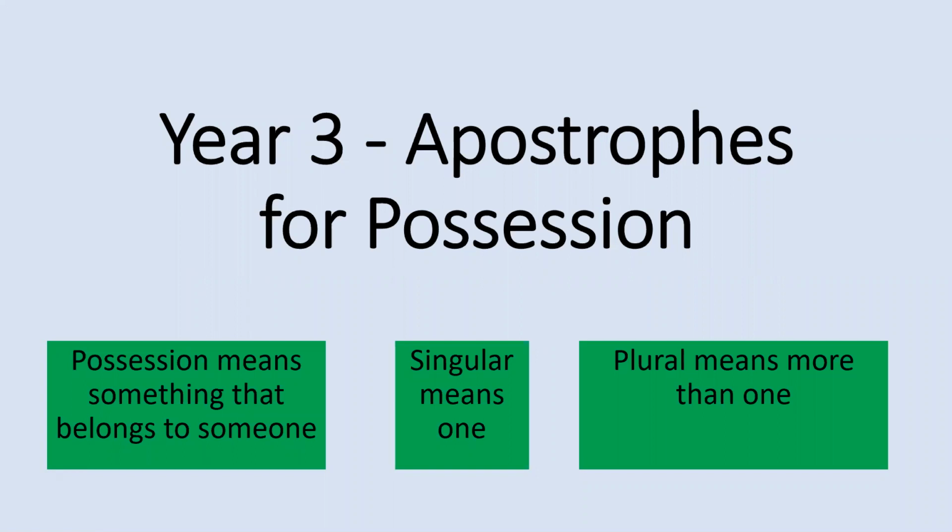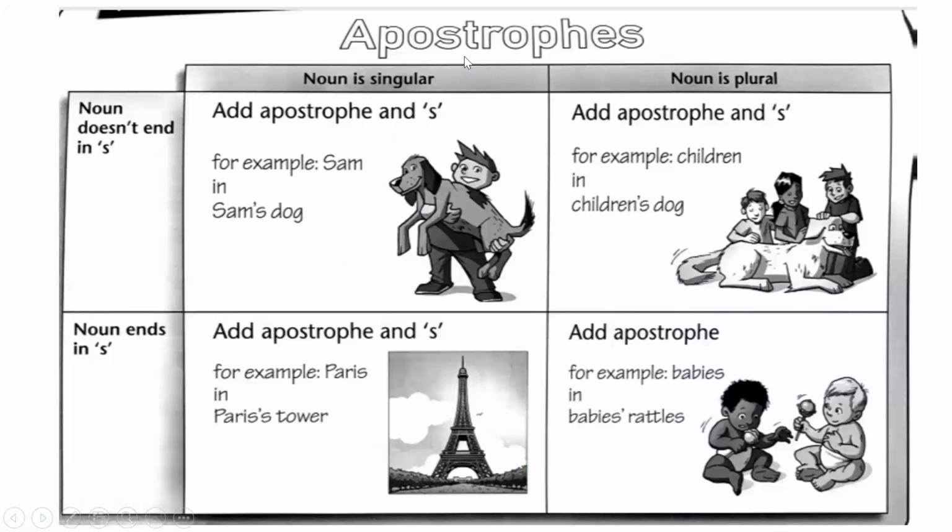I want to remind you of the 3 key words that we are learning. Our first keyword is possession, which means something that belongs to someone. Singular means one, and plural means more than one. So as a recap,